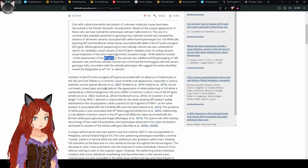a partial 623 bp fragment of the FERV1 at the same position is associated with full white coloration. The presence of white paws is also associated with the heterozygosity of...